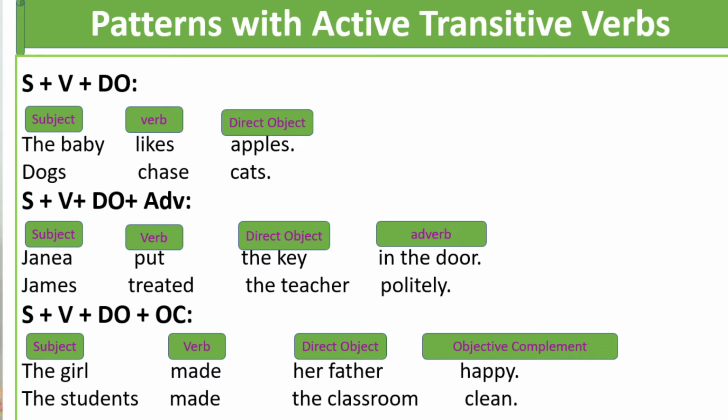So we have the girl is the subject, made is the verb, made who? Her father is the direct object. What? Happy, objective complement. And then we have the second example, the students made the classroom clean. The students is the subject, made is the verb, made what? The classroom. Direct object is the classroom, and objective complement is clean. Okay, remember, an objective complement can be a noun, a pronoun, it can also be an adjective. Next pattern, we have